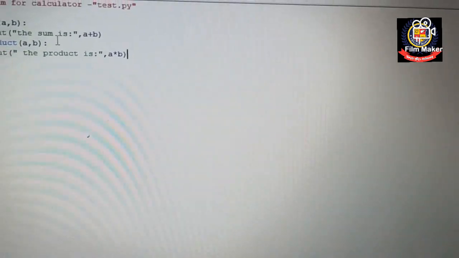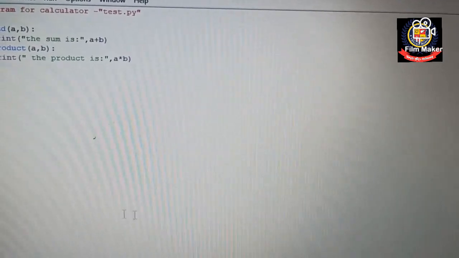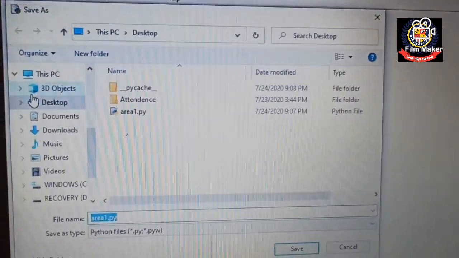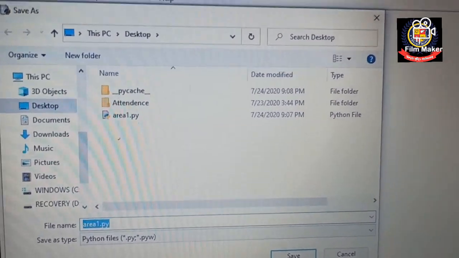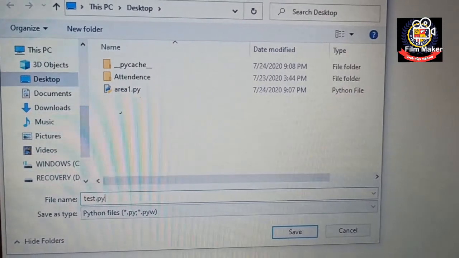Clear? Now I'm going to save this. I'm saving it on the desktop, and the name I'm giving is test.py.